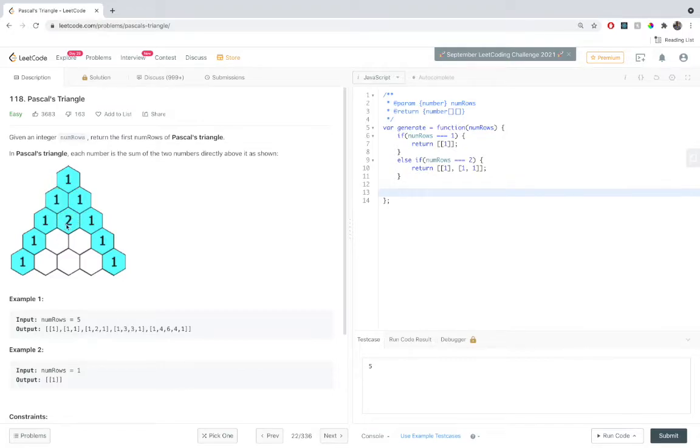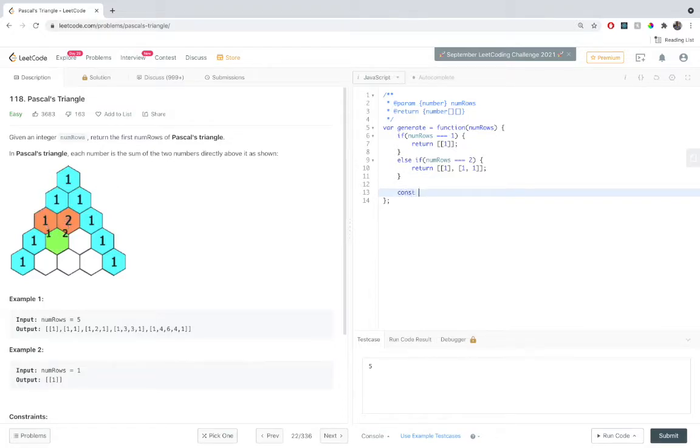So for 2 we would add 1 and 1, for 3 we would add 1 and 2, for 3 we would add 2 and 1. Fair enough? Cool. Now let's code that in. As we can clearly see, there is a tight dependency on the previous row. So let's recursively call the function that we are writing to get the previous row.